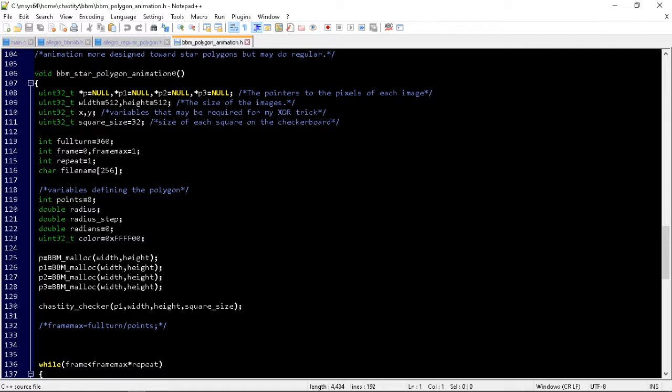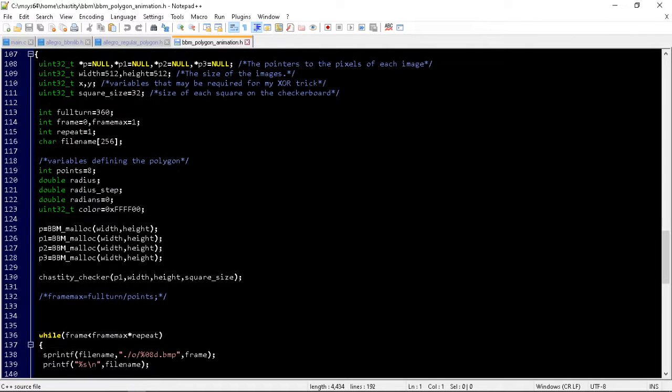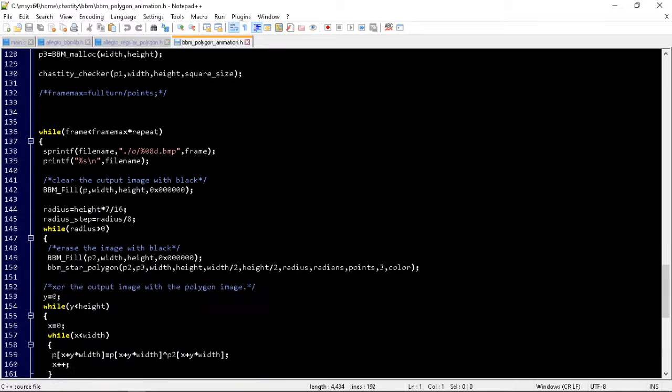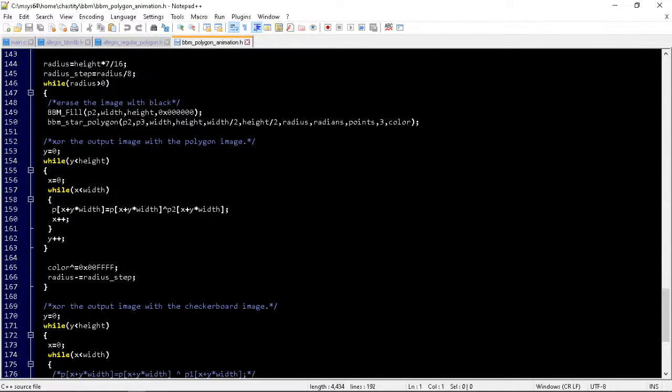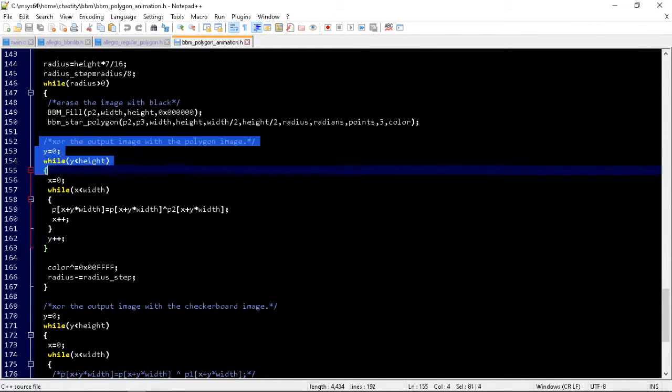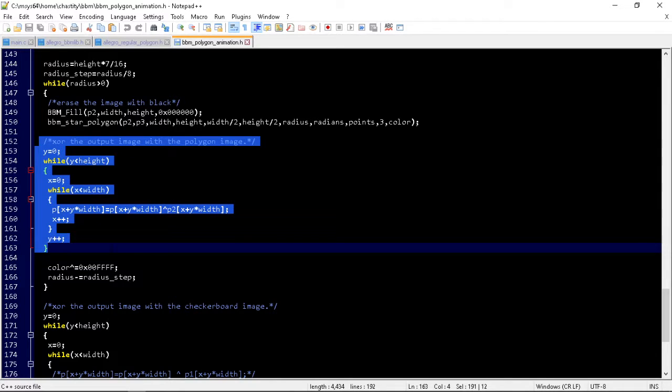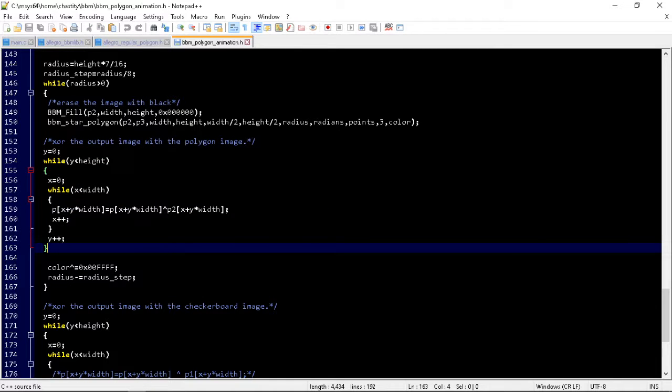However, I want to show you, now most of the code is just animation related purposes. It's probably still smaller than the Allegro code because it doesn't have a library to initialize. But here is the code that does the XOR. This section of code right here is absolutely everything. That is what XORs the 2 images together, because this one uses only the C standard library in my own